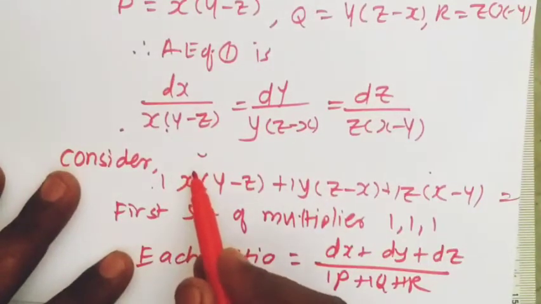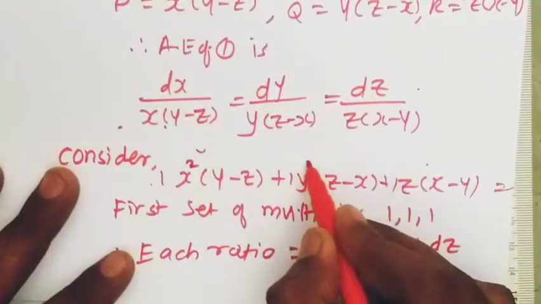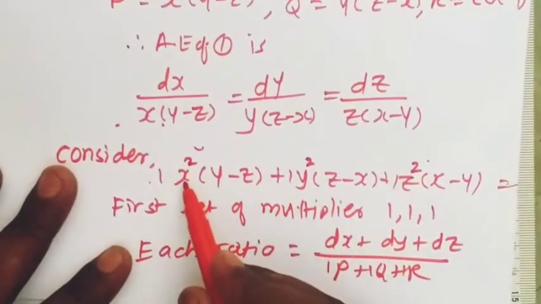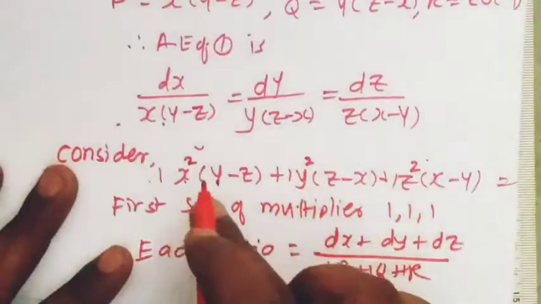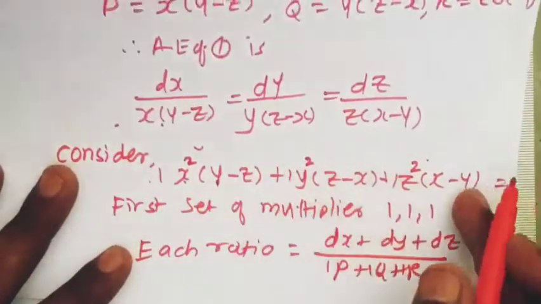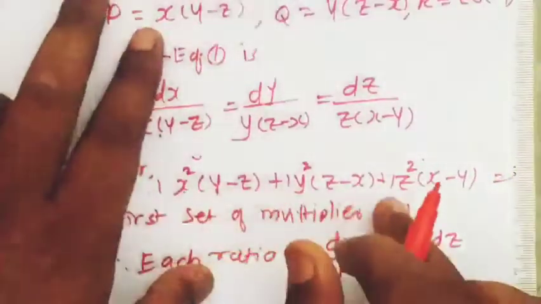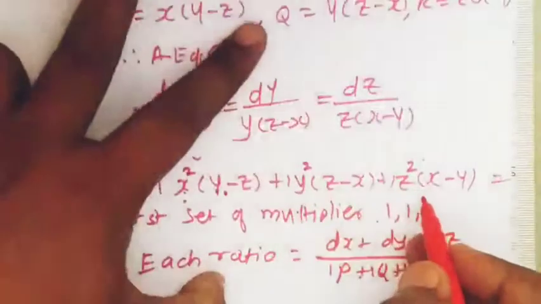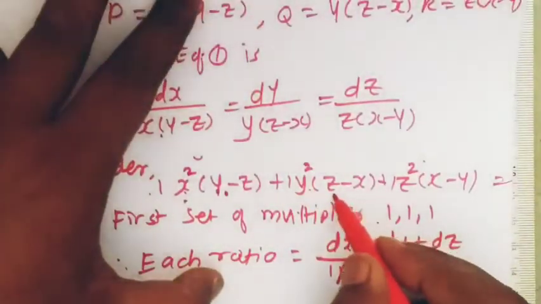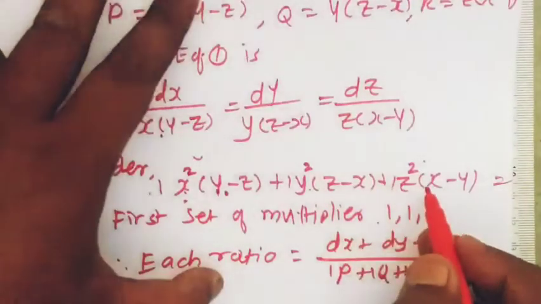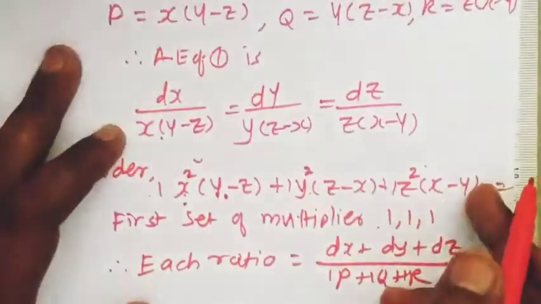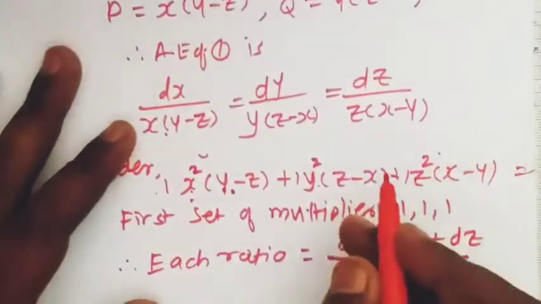So if I multiply by x here, what will we get? X square. If I multiply by y here, we get y square. If I multiply by z here, we get z square. So we'll get here x square y. Now we need to check whether the negative of that is available or not, because we need to show that this addition equals 0. So we must have minus x square y available. But here we don't have negative x square y, which means this set of multipliers will not work. Now we have to think of a different one.